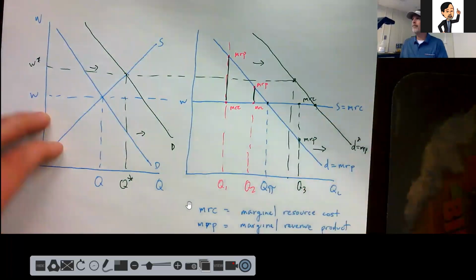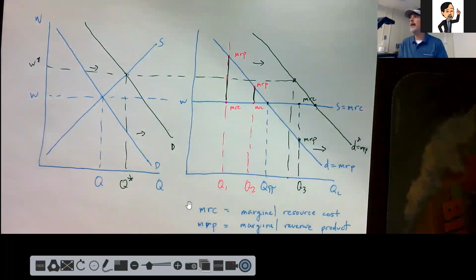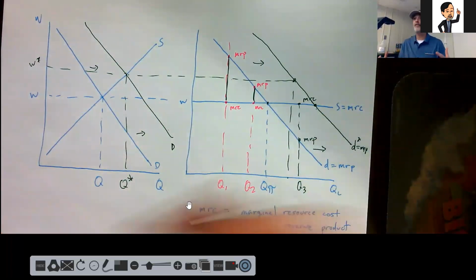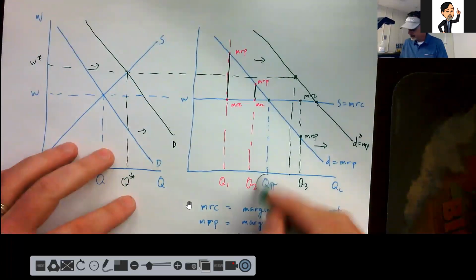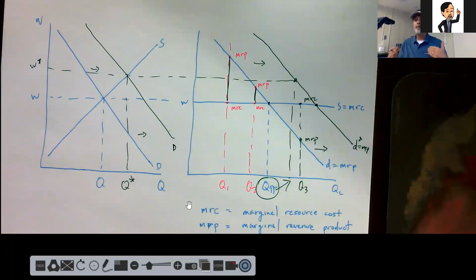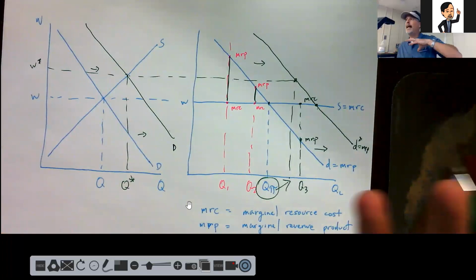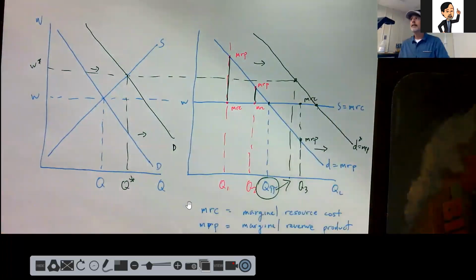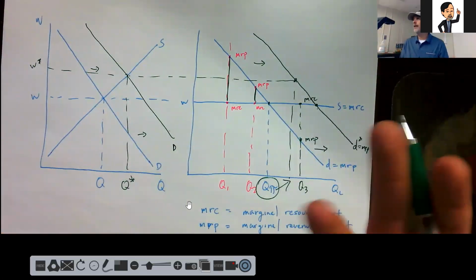quantity demanded for labor shifts backwards a little bit, right? But overall, are we still producing more than we did before? We went from here to here. Good stuff, right? So that is how changes in a product market can create changes in a factor market. Factor meaning factor of production in this case, right? Labor being a factor of production. Okay. We're going to do a couple practice problems with that after I show you one more graph,